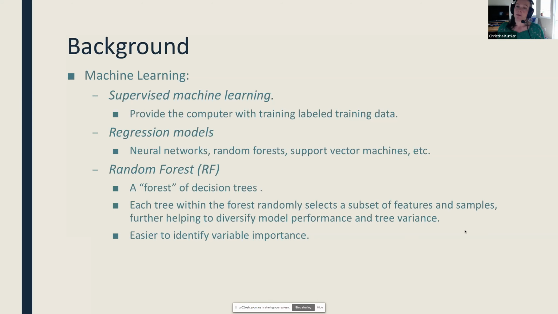And when you have a model that's simpler but still gives you as good or better results, that's typically what you choose to use. Random forest models can be trained in Python. Their packages are readily available to anyone to use on their local machine. Jeb Stewart has been a wizard at getting some of these packages available to our group on our HPC system. And one last thing that I really liked about the random forest is it's really easy to identify variable importance,